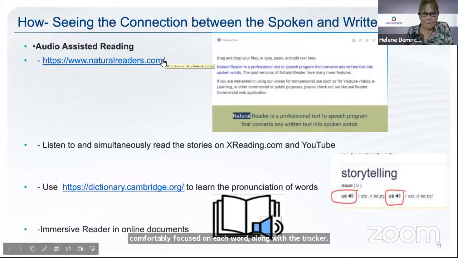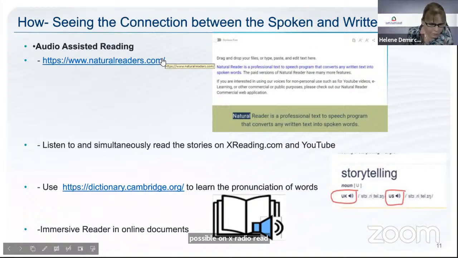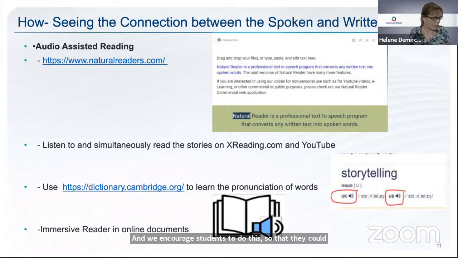Also, assisted reading is also possible on X-Reading or any YouTube stories. And we encourage students to do this so that they could experience models of good reading, such as reading for prosody, for rhyme, stress, intonation in speech, and also to experience people taking on different tones and stressing key words to add emphasis to the story. All of these features together illustrate that the reader understands the story at a much higher level than just decoding single words. And adding all of those features, such as intonation, stress, tone for different characters, helps the listener understand much more than the individual